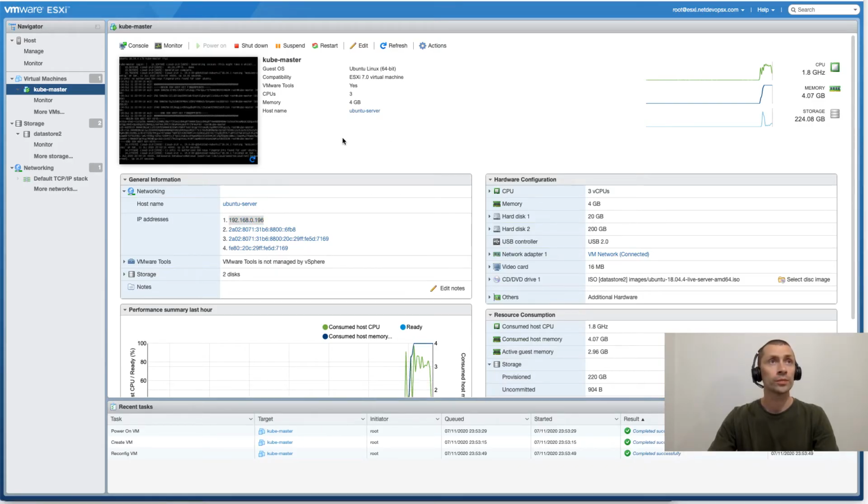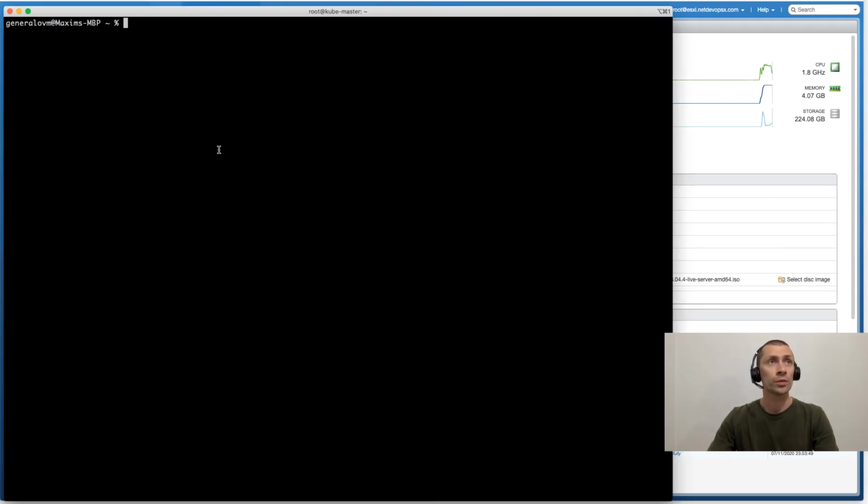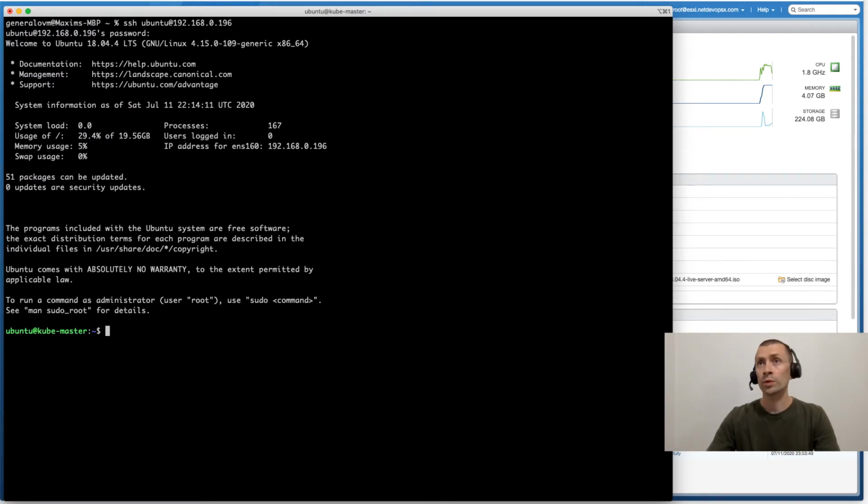So the rest of the process will be in the terminal. Let's open the terminal and log in to the server. The first step will be to set the static IP address on the server. That's why we'll open the